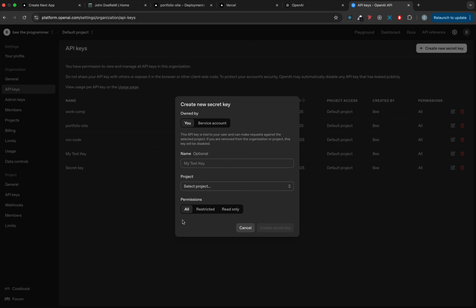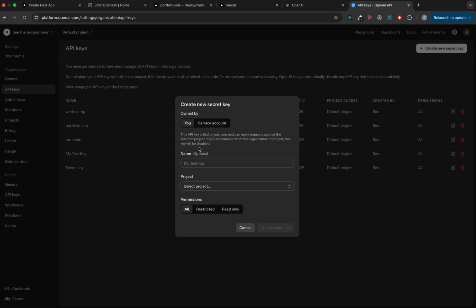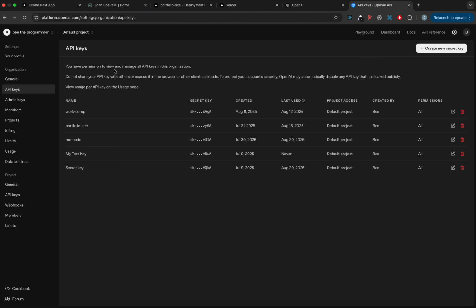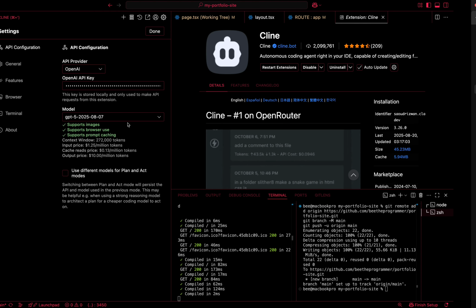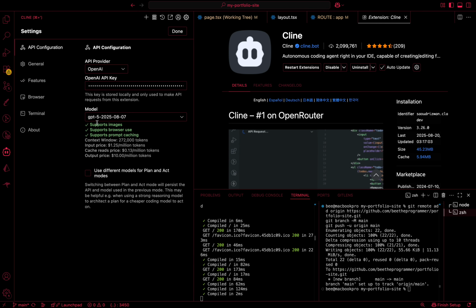I usually leave the permissions as all, but if for some reason you want to restrict it, you can do that. I'm just going to leave it as all. And then you can click create secret key. Of course, I already have some keys, so I don't have to do that. Okay, when you have your key, go back to Cline, then paste it in, and then we can select our